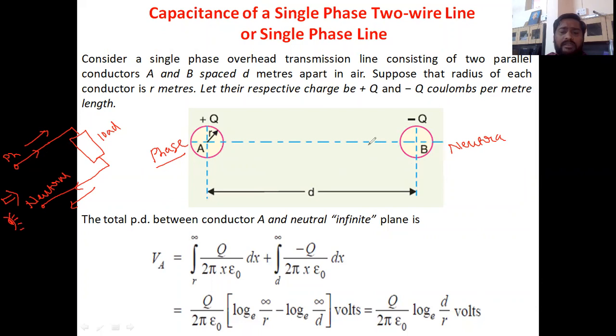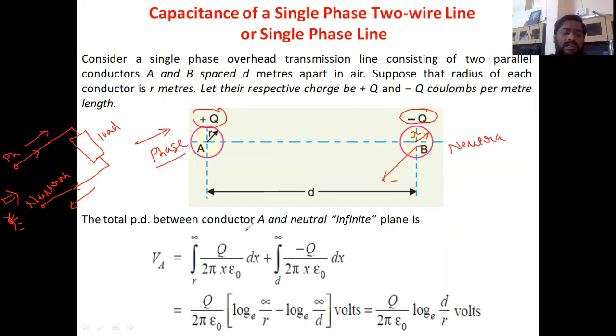Now, phase A and phase B. Phase A acts as a phase and B acts as a neutral. Obviously, current enters the conductor, so the charge on that conductor is considered positive, and at the neutral conductor the current leaves. That is considered as a charge on the conductor per meter per line of minus q, and the radius of each conductor is considered as a small r. The center to center distance between the conductors is d, and the conductors are horizontally placed.